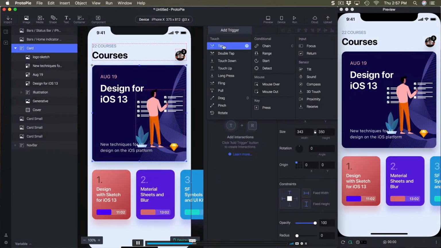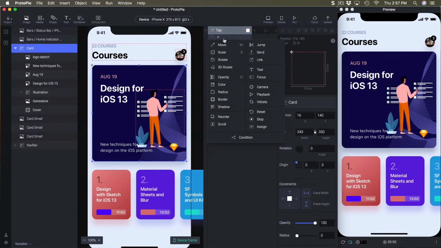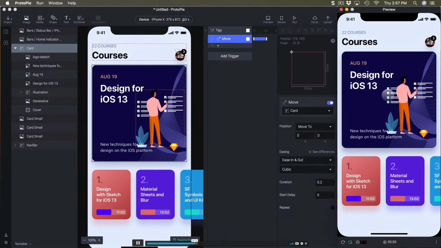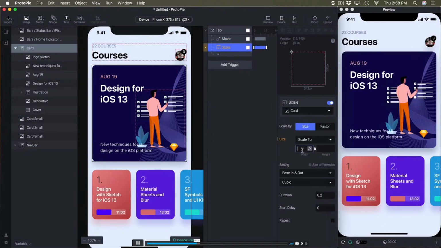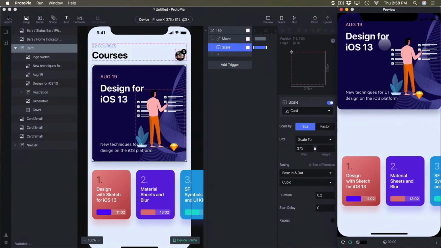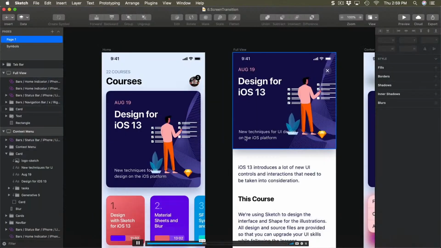Add a trigger, set it to tap, and then the first thing is to animate the card itself. I'm going to move it. If I click this, it's simply going to move to the top left, and I'm going to also resize it using scale. Nice. And voila. The cool thing is that I didn't have to animate the elements inside, especially the right ones. Now I'm going to fix the corner radius, and then the goal is to create something